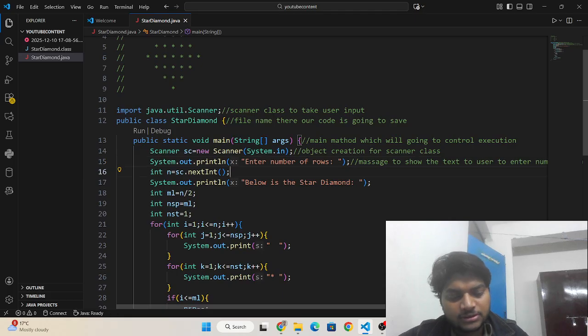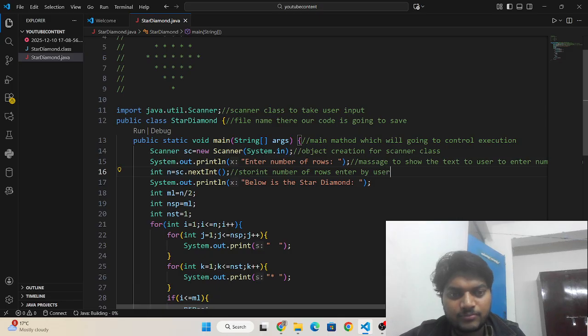This is the variable storing the number of rows entered by the user.